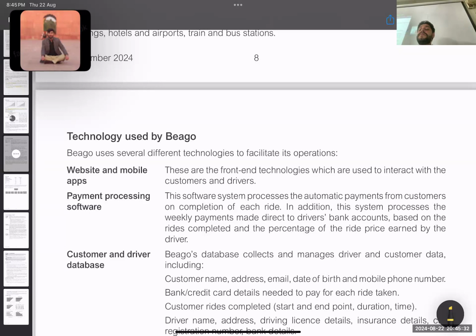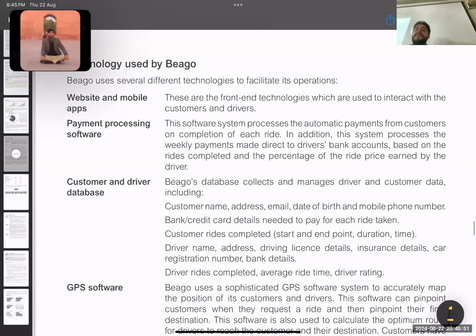This software system processes the automatic payment from the customers on completion of each ride. In addition, the system processes the weekly payment made direct to the driver's bank account based on the ride completed and the percentage of the ride price earned by the driver. Customers database and drivers database. Again, a question on databases, on big data. Biego database collects and manages drivers and customer data, including